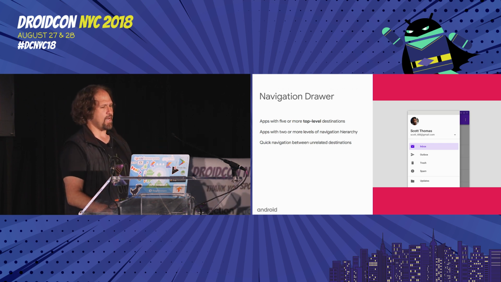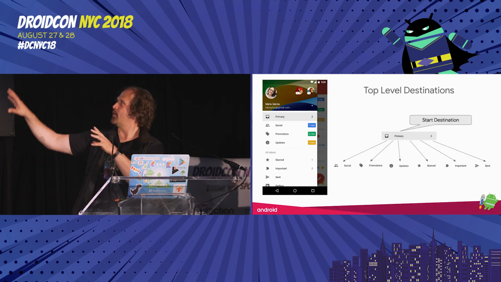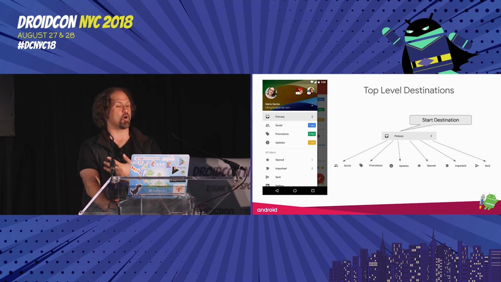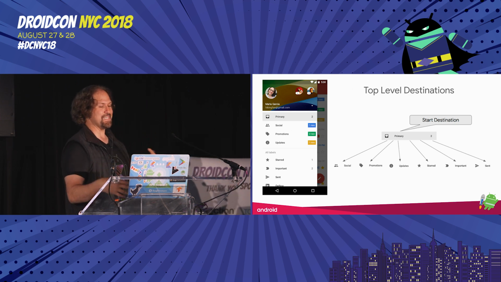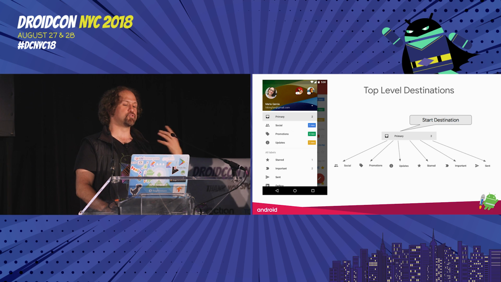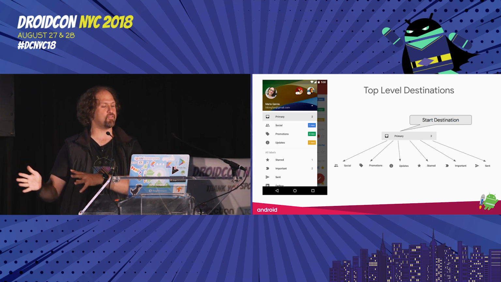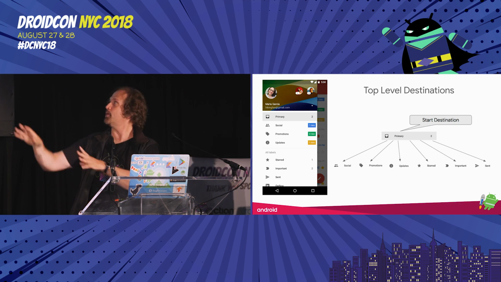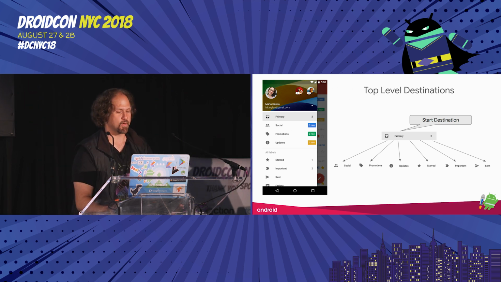But what does that actually mean? Well, if Gmail were using this navigation scheme, the primary inbox might be the start destination, and every other destination is a sibling. The hamburger or drawer menu would only appear on the start destination, which would make the navigation drawer a bit more hidden when viewing these other destinations, but it would make the start destination far more clear.